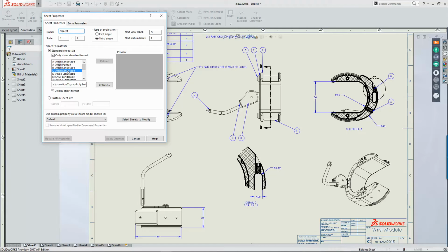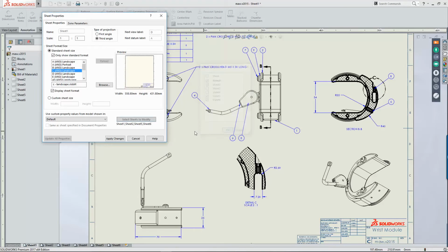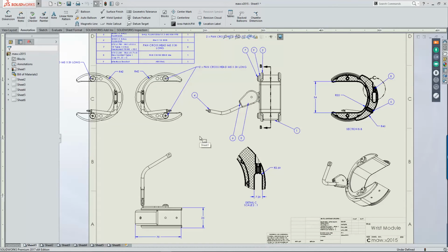So if I want to move these over to just a basic C-size sheet, you'll see that this title block has no logo like the one that we see here on Sheet 1. I can choose that, but then I can say that I want to change Sheet 1, Sheet 2, Sheet 5, and Sheet 6. Say OK to that, and we'll apply. Confirmation says, do we want to delete these views? Sure do. So now what you see in the lower right-hand corner of this sheet